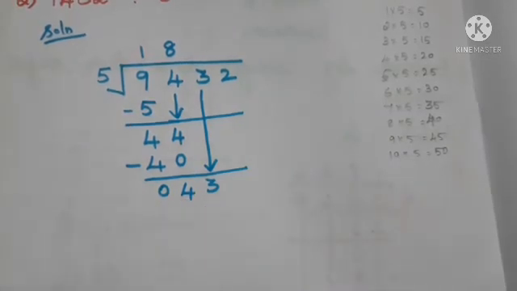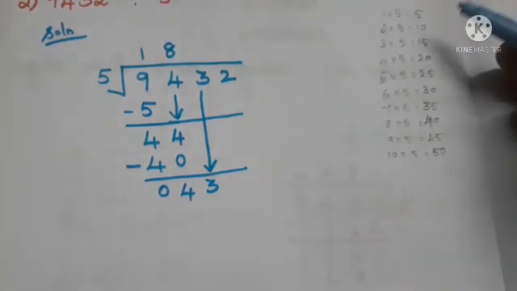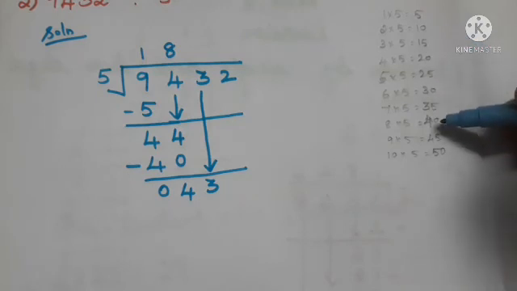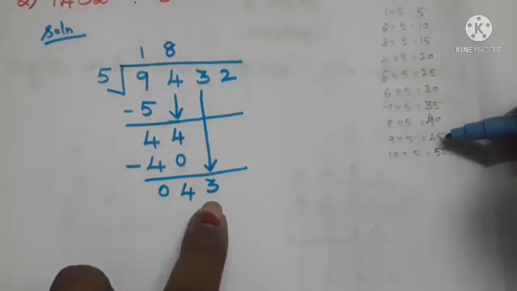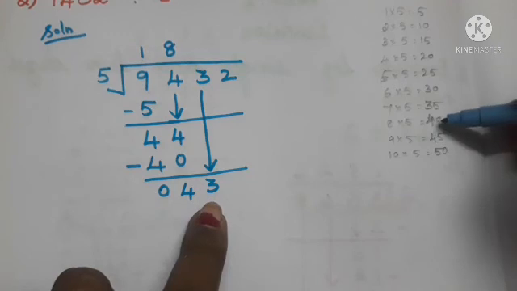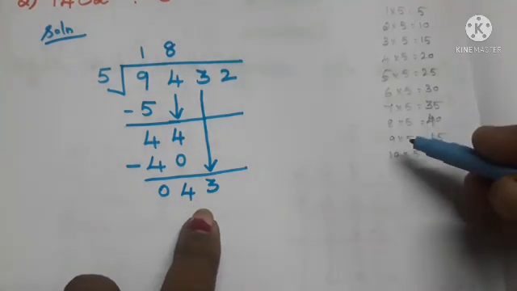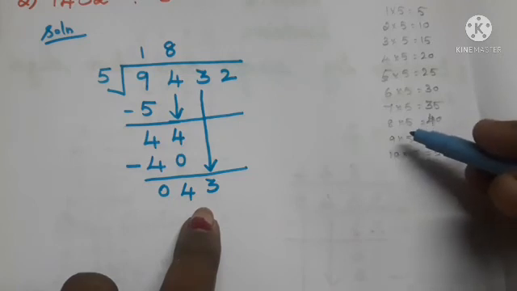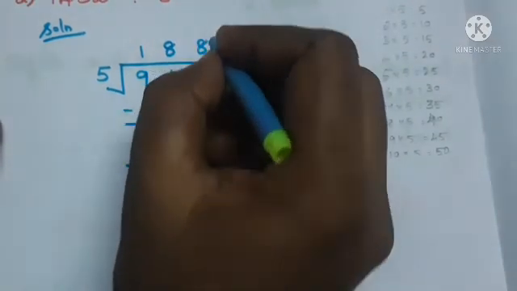Okay, 43. Next we have to check it here, is we have 43 as the product of fifth table. See, 1 5 is 5, then 10, 15, 20, 25, 30, 35, 40, 45 is there, but we have only 43. Okay, 45 is greater than 43, so we can't do it. Okay, so we have to take the before value, that is 40 we have. So how many 5s are there in the 43 ma? Yes, we have 8 5s are 40. 8 5s are there in the 43. So we can write the 8 in the tens place value of the quotient.